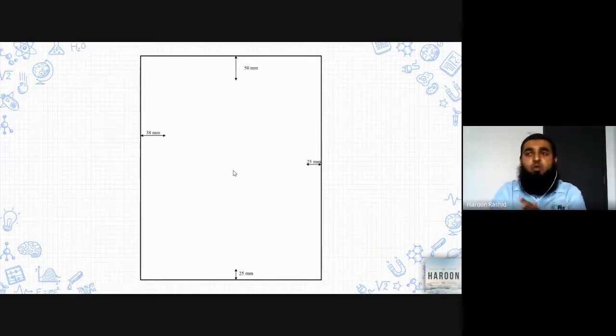Now it depends on your PC whether it is showing you the measurements in mm, in cm, or in inches, so that you have to convert. That is another step. But when I come to that point, then I will tell you about this. So the right hand side has to have 25 mm and left hand side has to have 38 mm. But this is the case of the first page of every chapter, not all the pages in your chapter.